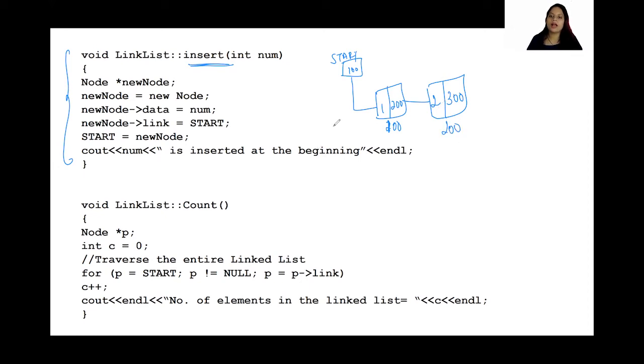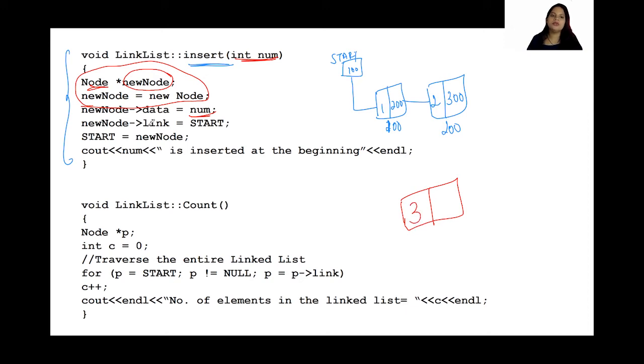Now, what am I going to do? I want to add a node in the beginning. That is over here. So initially I'm going to create a new node of type node, and then I'm going to allocate memory for this. When I write these two, a node is going to get created in the memory, which has data and the link part. Now I'm saying the new node data is nothing but the number, whichever number I'm passing in the parameter. Suppose I say 3.